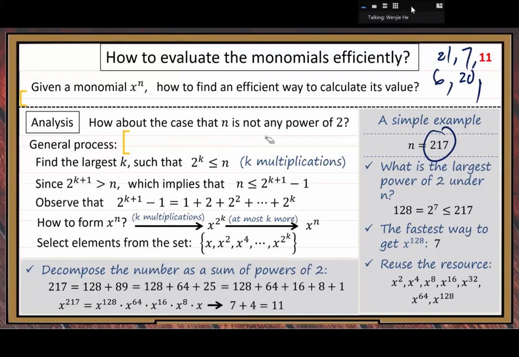So last time, the method we used here, we call it binary exponentiation. Here you can see when n is a power of 2, you calculate this. It's very easy. Power of 2, very easy. You just keep doing the square operation. But when n is not a power of 2,